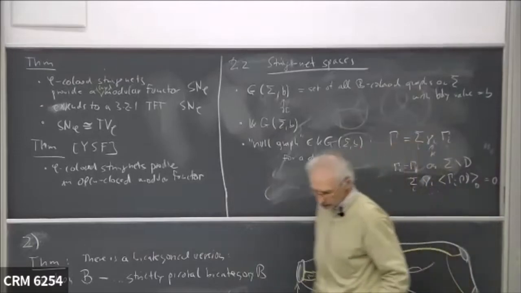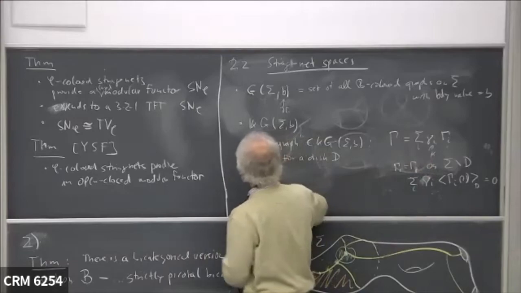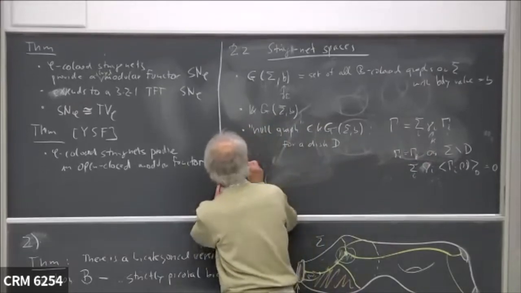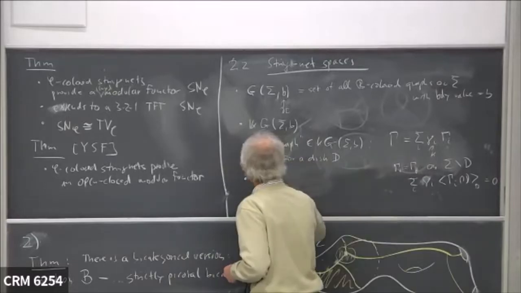I don't want to go into more detail here, but once you have this notion of null graph, you can finally define the stringnet space SN_B